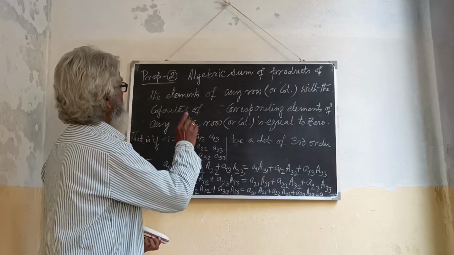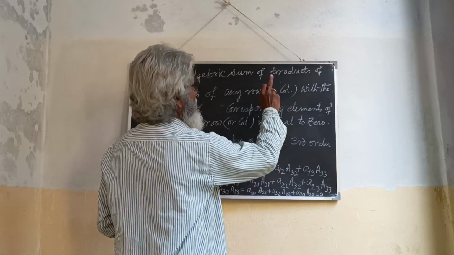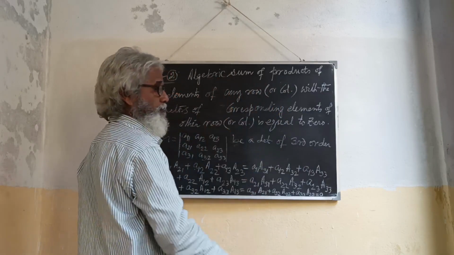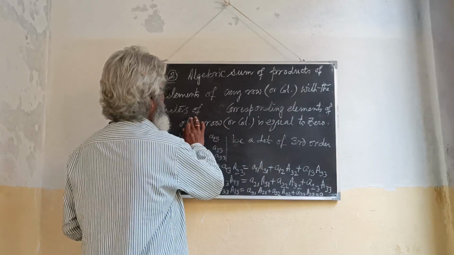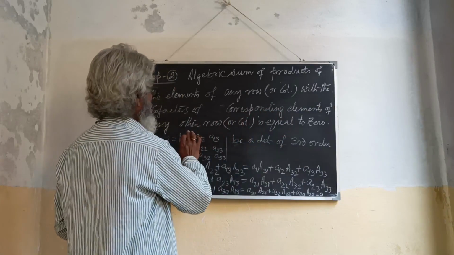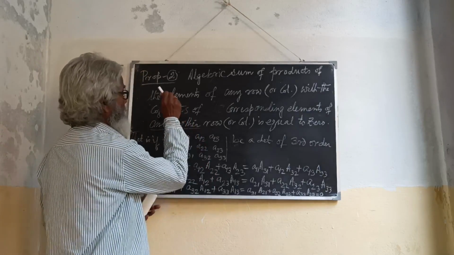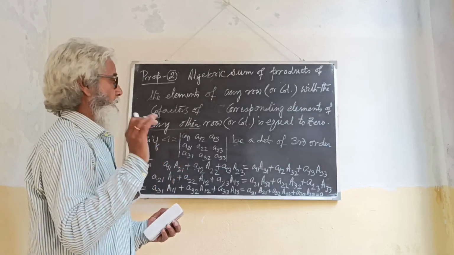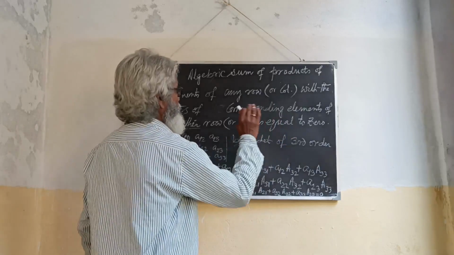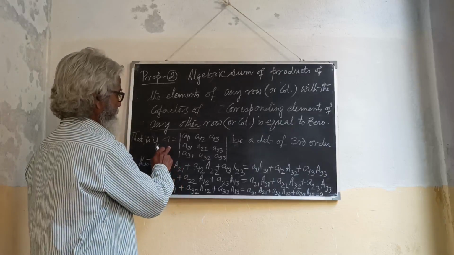Here you see, property number 2 states that the algebraic sum of the products of the elements of any row or column with the cofactors of the corresponding elements of any other row or column is equal to 0. Property 1 was of the same row or column. That is, if delta equals